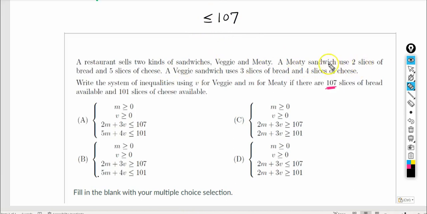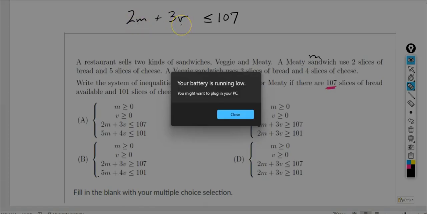And a meaty sandwich, which we'll call an M, uses 2 slices of bread. And a veggie sandwich, which we'll call V, uses 3 slices of bread. So for every meaty sandwich, you have to have 2 slices of bread. For every veggie sandwich, you have to have 3 slices of bread. So if M and V are the total numbers,